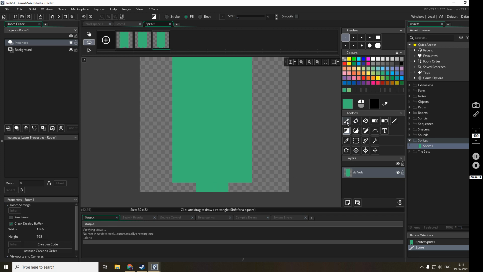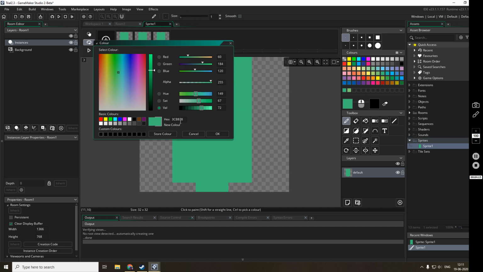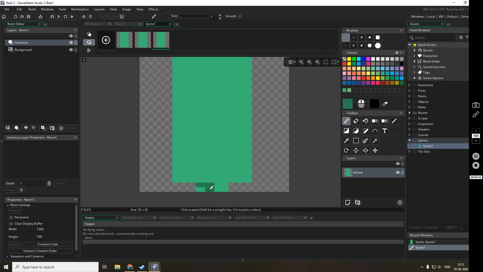I'll make the back feet a little darker so that it will be easier to notice. This is just something cosmetic,